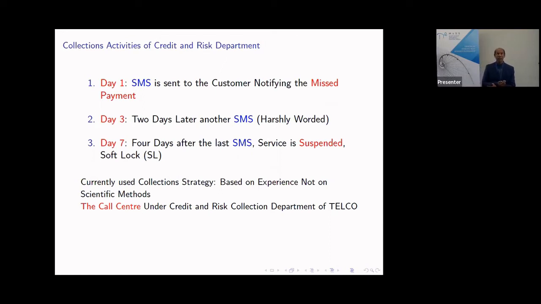And it will send an SMS. So every day, beginning at 6 o'clock in the morning, they will have several thousand customers in the record who failed to make payment, and then they will send the SMS to all of them or some of them. But the question is whether they should send to all of them or some of them. So there's an optimization variable here.